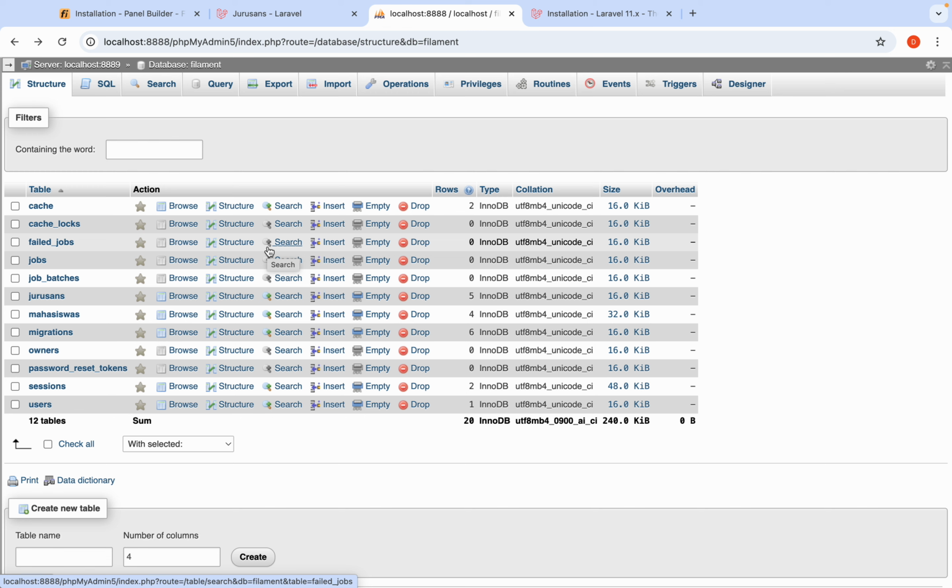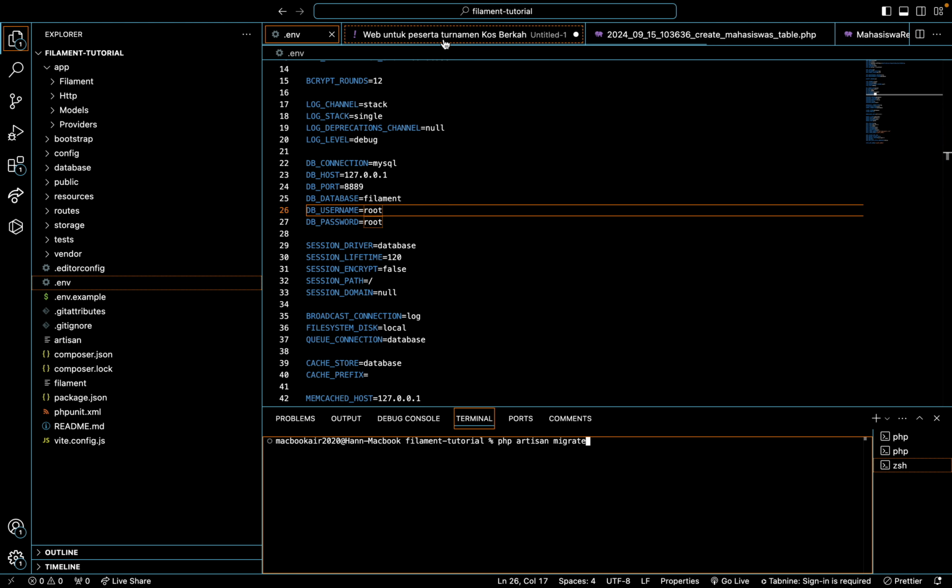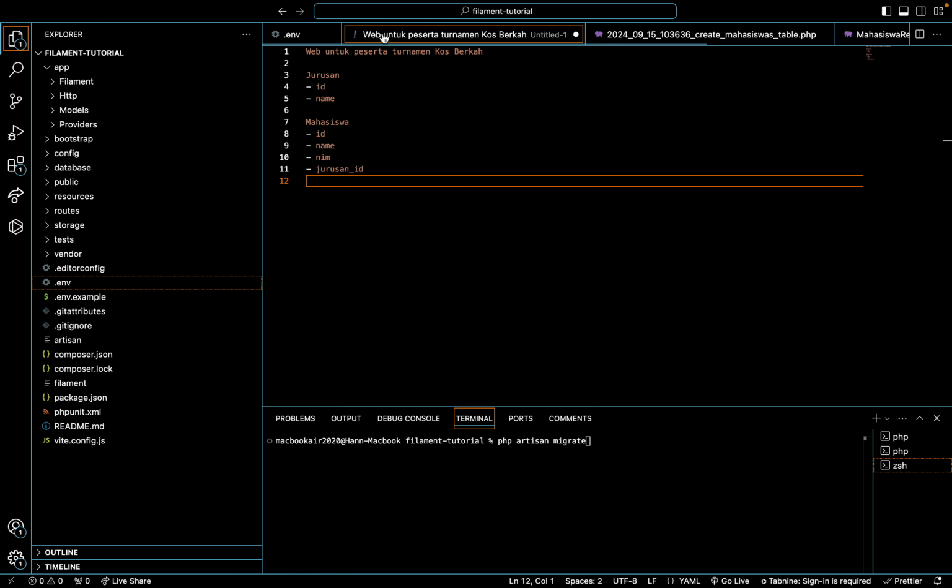Now I want to make a demo for inputting students, like this. We need to make this web for the participants of the Kos Berkah tournament. We will make only two tables.